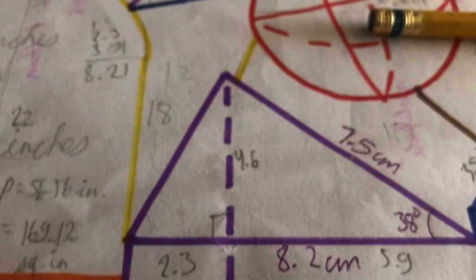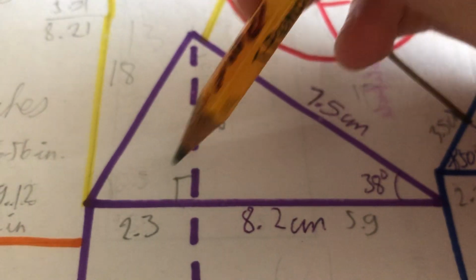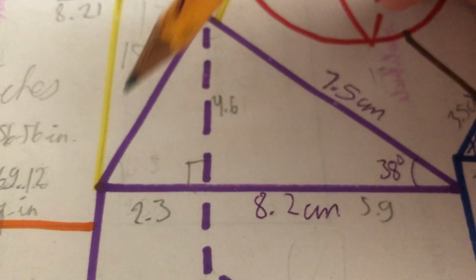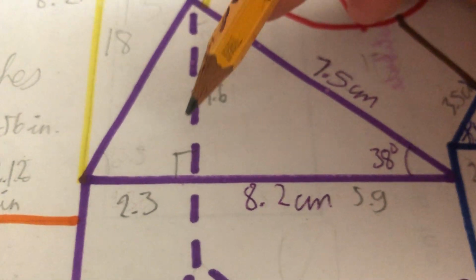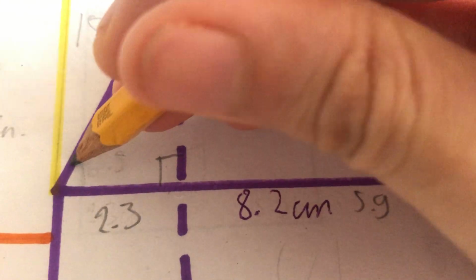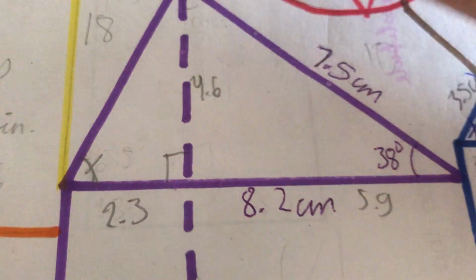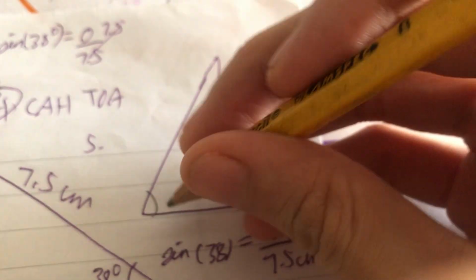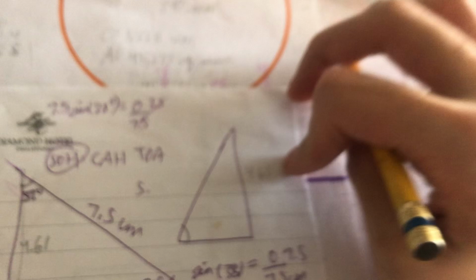Remember, labeling the parts of the triangle, it goes like this. We have 2.3 and this is 4.6. This is our hypotenuse, which we do not know. Then this is our adjacent and our hypotenuse. So let's work out this one first. Let me write it down here. If this is the angle that we're looking for, actually, I forgot to mention that SOH CAH TOA